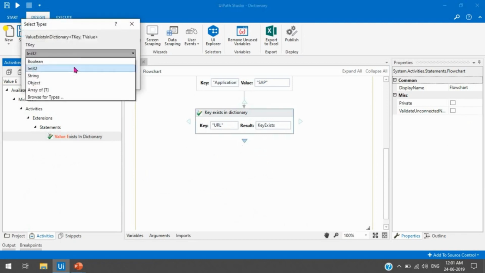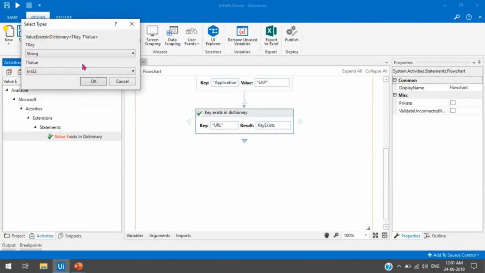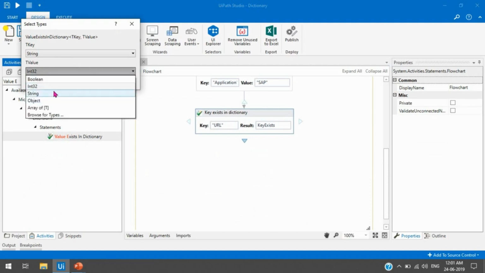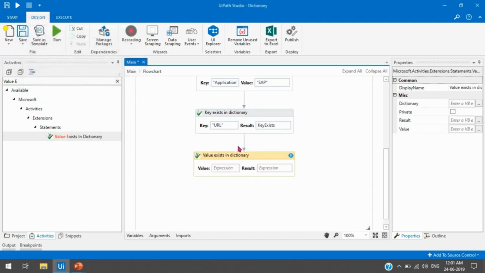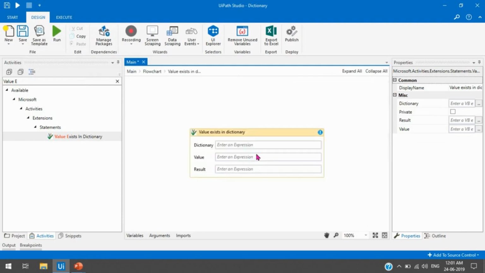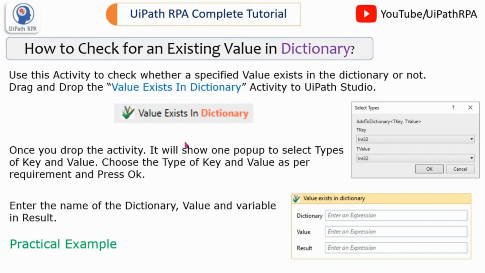Again we need to take the same thing, the key type will be string, and the value type will be string. And here we need to take the value. Let me check here, the dictionary will be the dictionary, and the value is what we need to check, whether it exists in the dictionary or not.